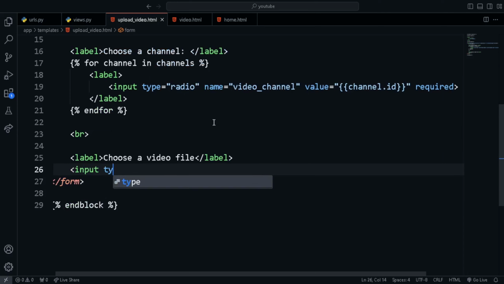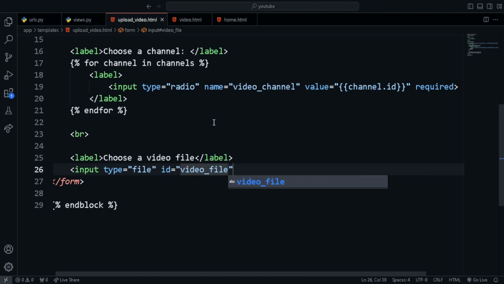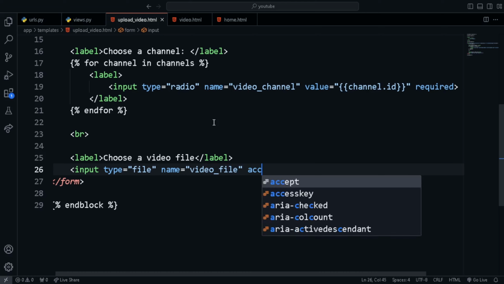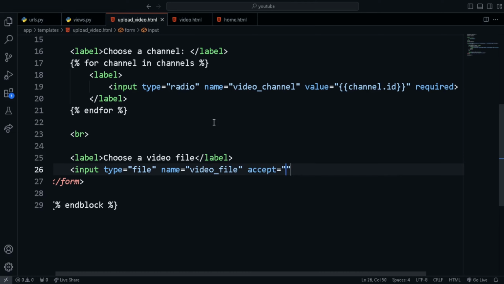Input whose type is going to be file, and ID is going to be video_file. Then we want the name, which is going to be video_file itself. ID is not required, but later when we style it, maybe it's needed. Or let's just remove that. It's not needed. Name is going to be video_file, and then accept, you want to accept a video, so accept is equal to video